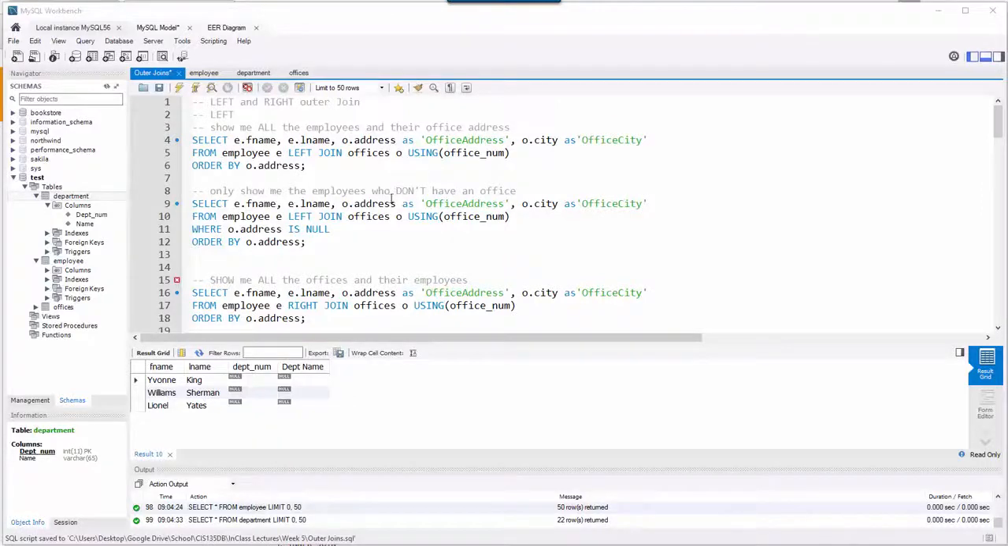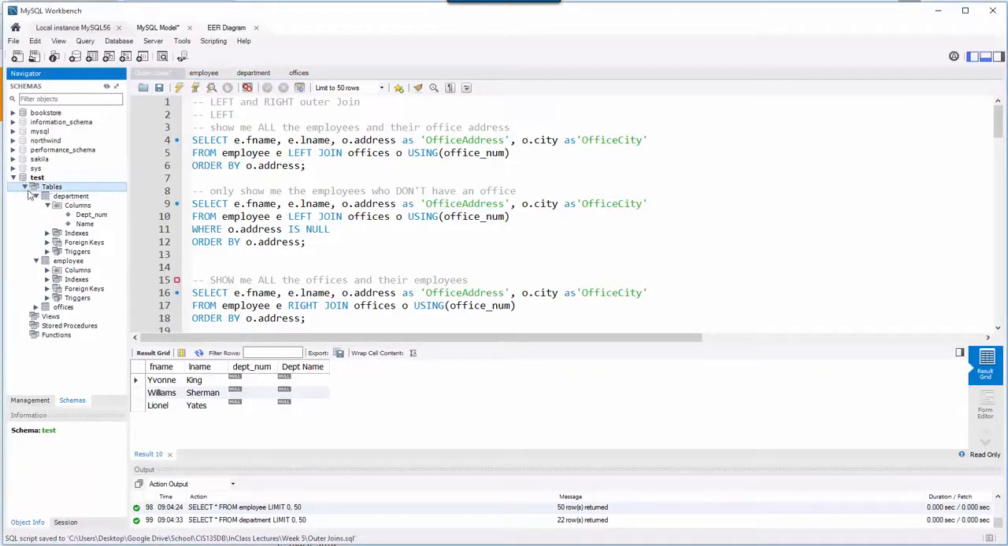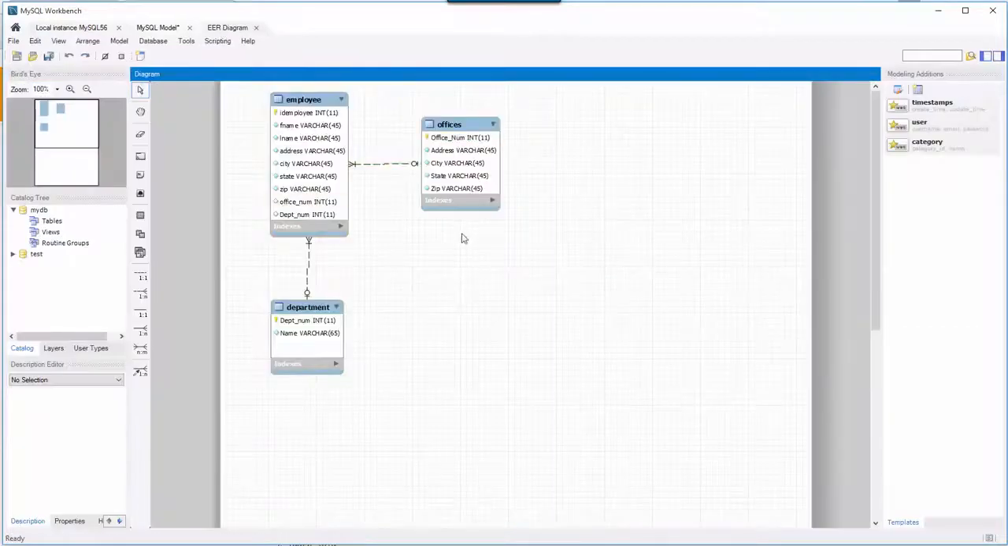In this video, I want to demonstrate left and right outer joins. For my examples, I'm going to use a test database that just has 3 tables in it. I have a department table, an employee table, and an offices table. Looking at the EER diagram, it would look something like this, where I have offices. All I care about the office is its number, address, city, state, zip, and that office can